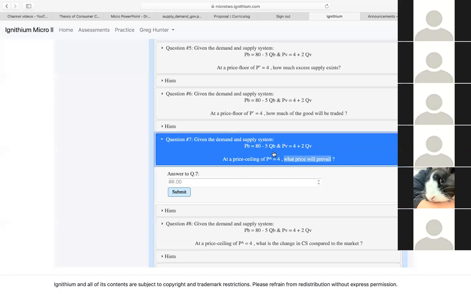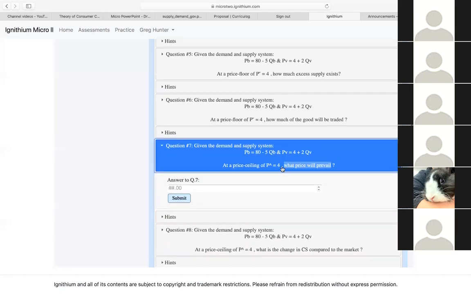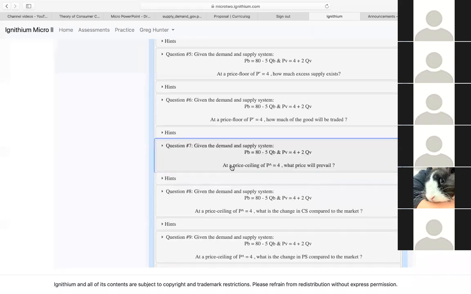Right. So this one is switched because we were dealing with price floors before, and now we switched to price ceilings. And so this actually is a binding price ceiling, right? Yeah. So if it's a binding price ceiling below the equilibrium price, and in this case it is, and maybe that's why Marlena got a little bit confused because we switched from price floors to price ceiling. 4 was a non-binding price floor, but it's a binding price ceiling.